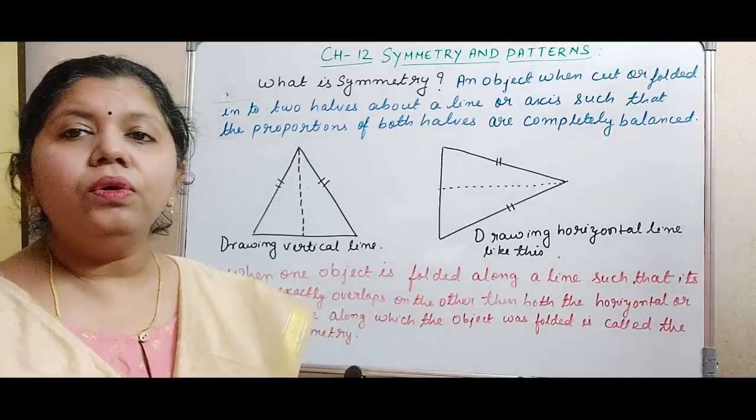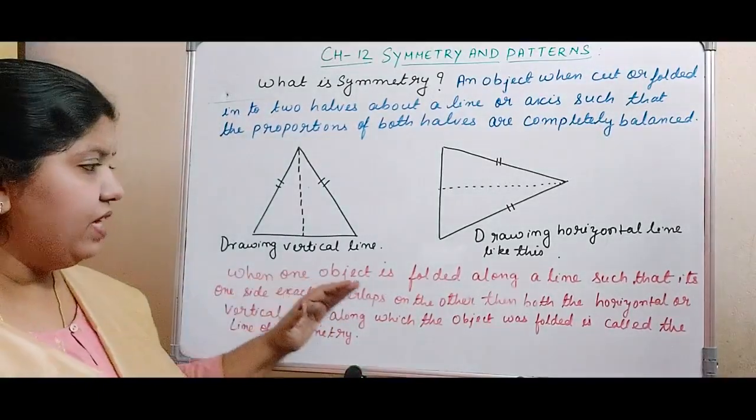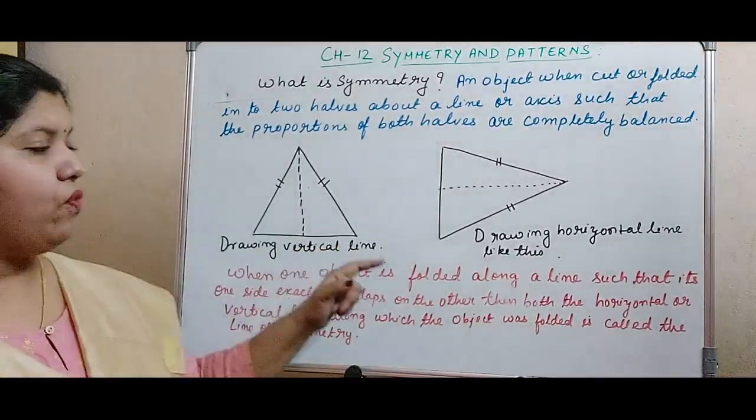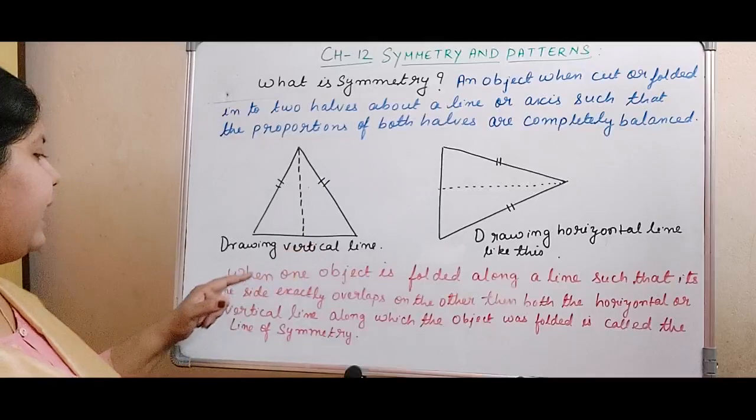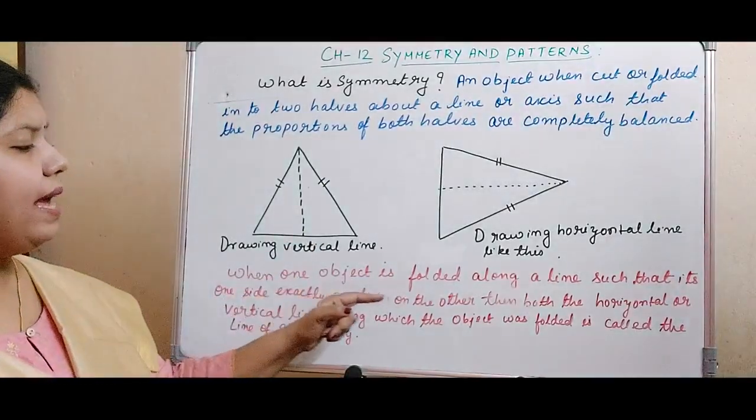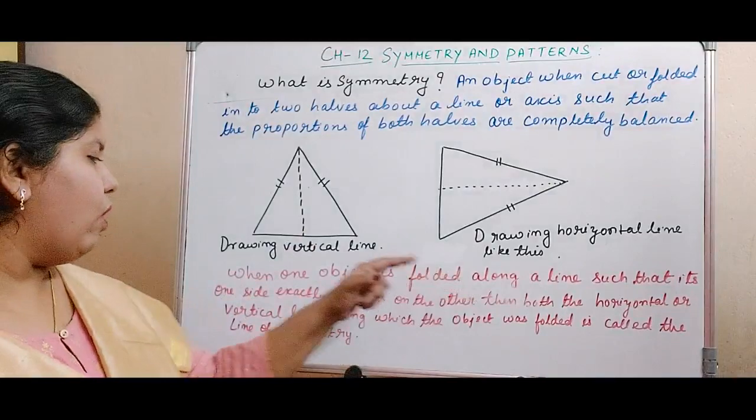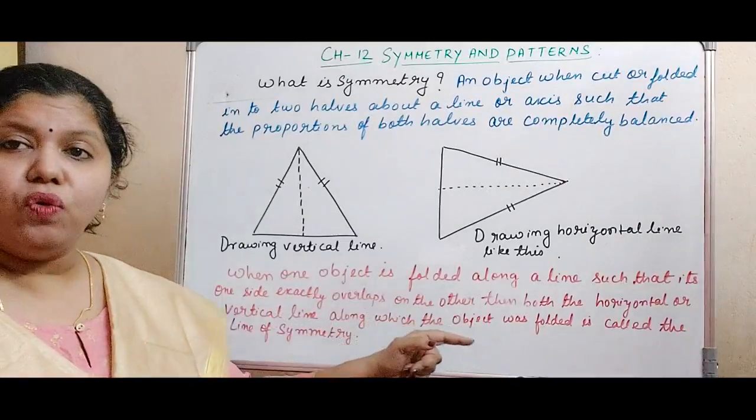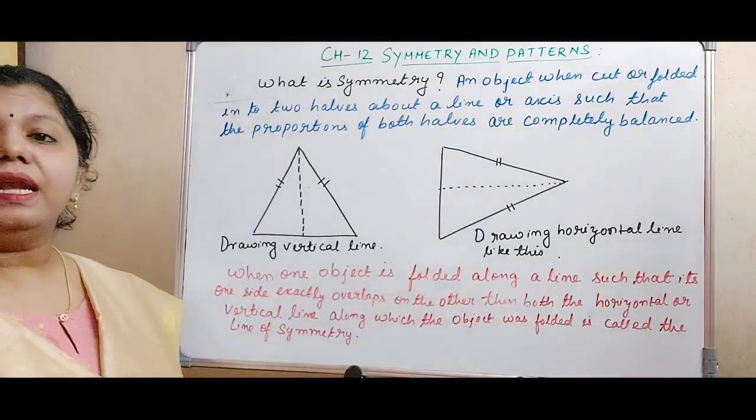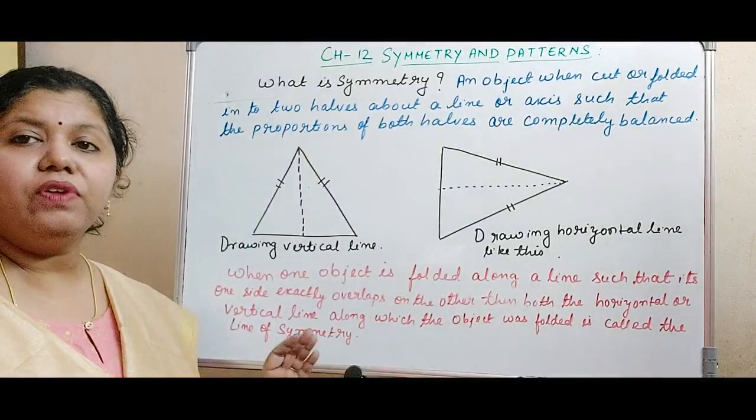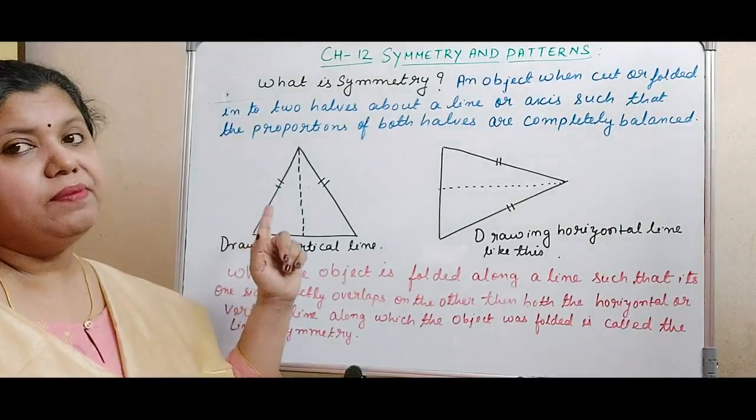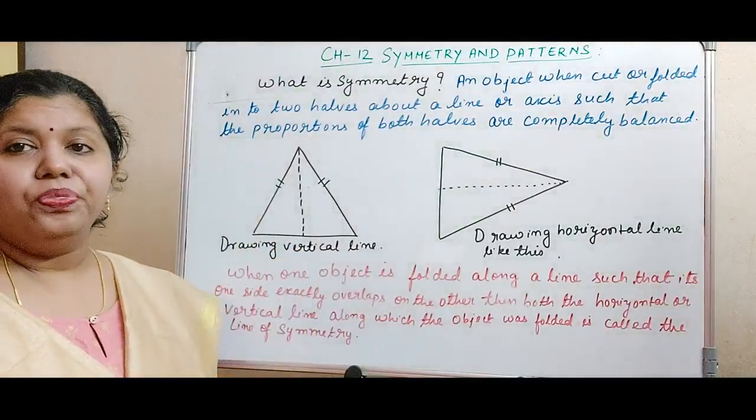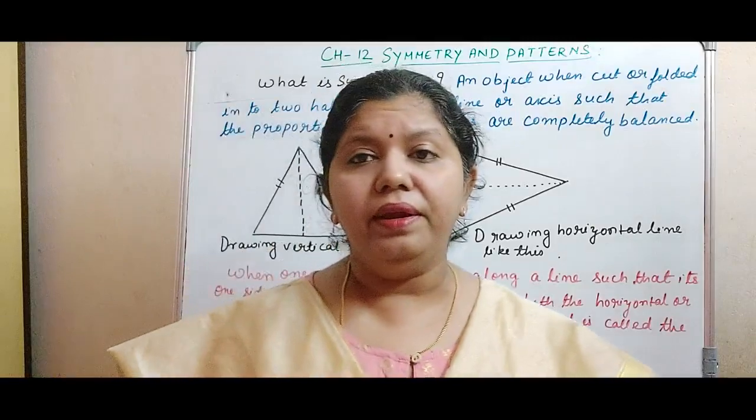Now, the definition for line of symmetry is given here. When one object is folded along a line such that one side exactly overlaps on the other, then the horizontal or vertical line along which the object was folded is called the line of symmetry. I hope you have understood the definition of what is symmetry and what is line of symmetry, along with the example. Now, one situation comes